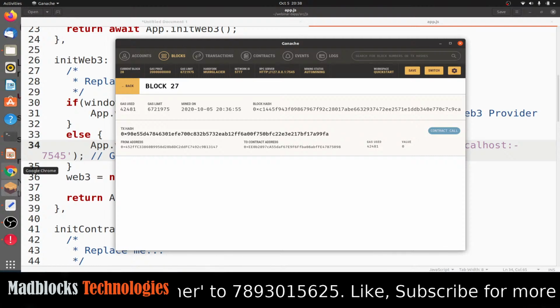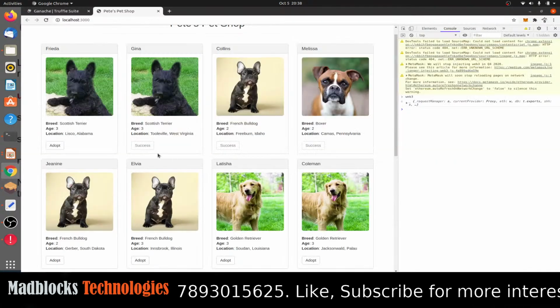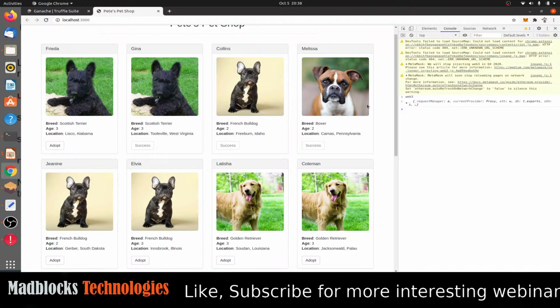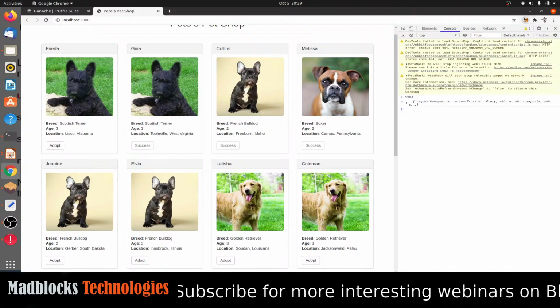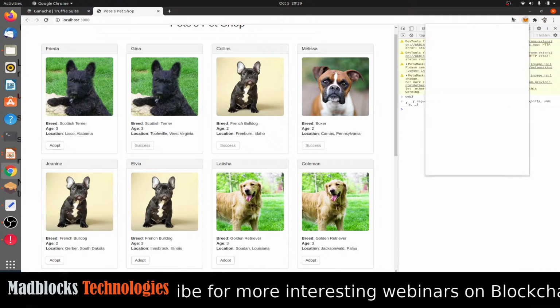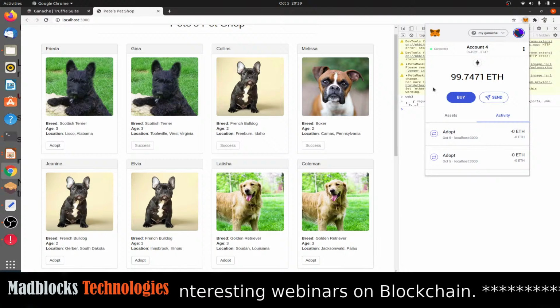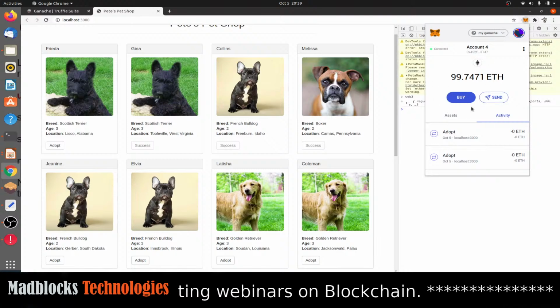Here you can see the buttons are disabled and the pets are adopted. On which address are they adopted? On the Metamask wallet address, which is the address of the wallet. On this wallet address, all these pets are adopted, and a certain amount of transaction fee is deducted from